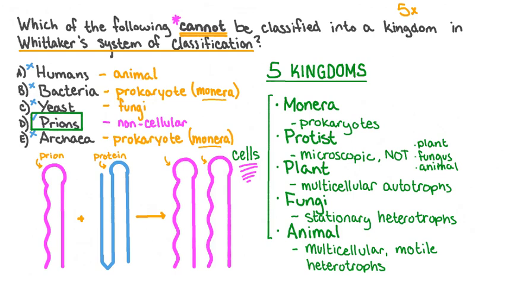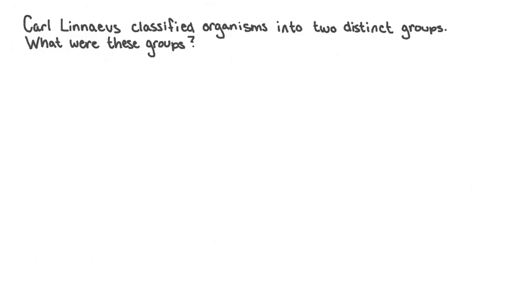Let's try one more practice question. Carl Linnaeus classified organisms into 2 distinct groups. What were these groups? In order to answer this question, we'll first recall that the classification of organisms is a